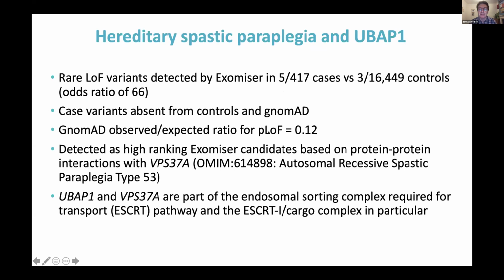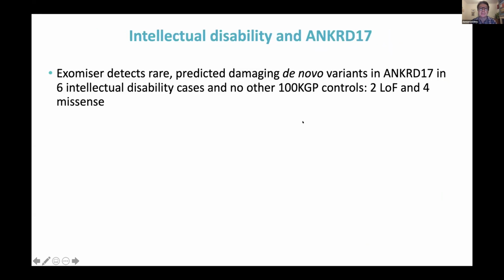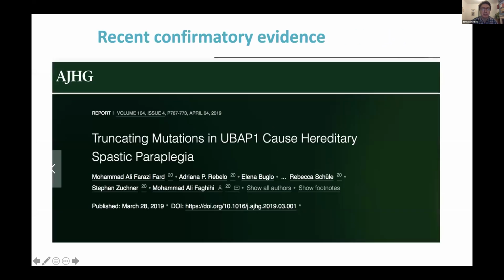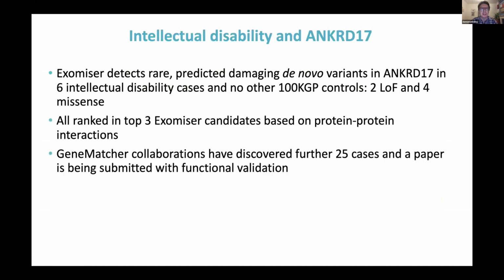It looks like a haploinsufficient gene from gnomAD data, based on the observed expected ratios for predicted loss of function variants. And when you go back and look at the Exomizer data, this one was based on protein-protein interactions with another known spastic paraplegia gene. And as soon as we identified this, another group published a confirming study in the American Journal of Human Genetics. I think I'm going over my time a bit, so I'll skip this example